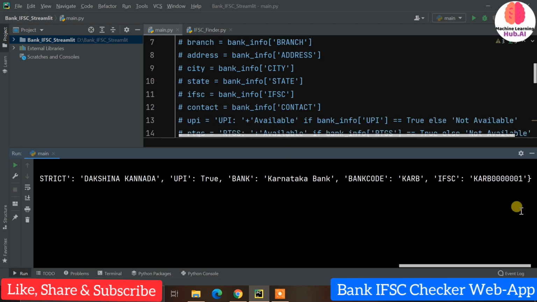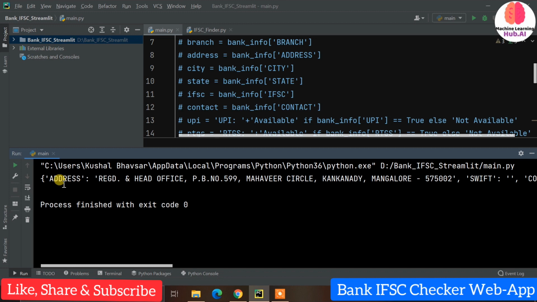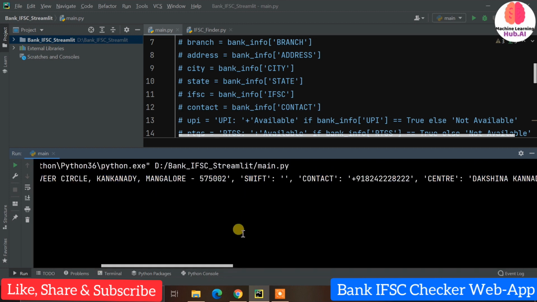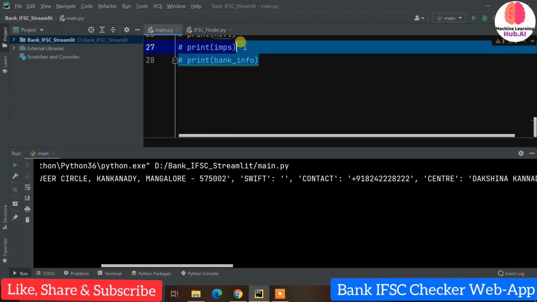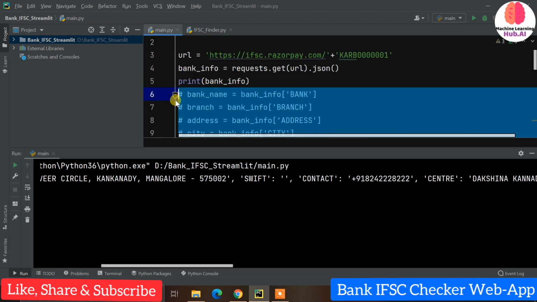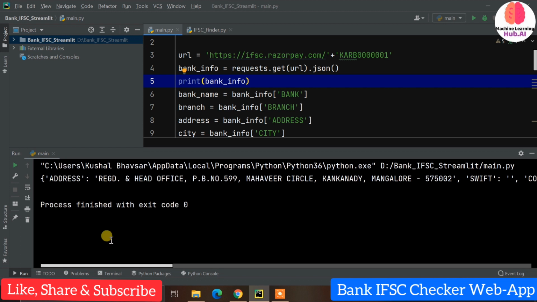So now we got this data here. Now we just need to fetch the important data, right? Here some data is not important, so we are just fetching the main information related to our main thing, like IFSC, city name, UPI, whether it is available or not, right? So how can we access all this data?